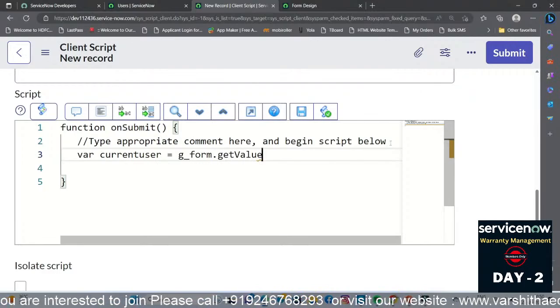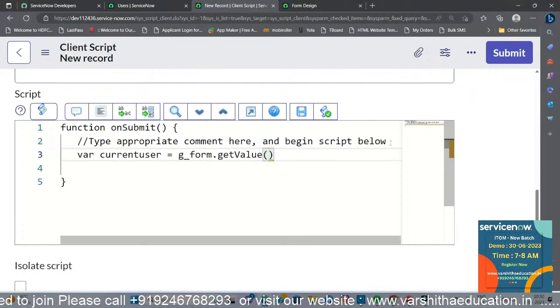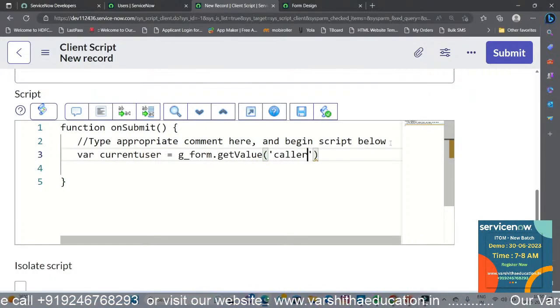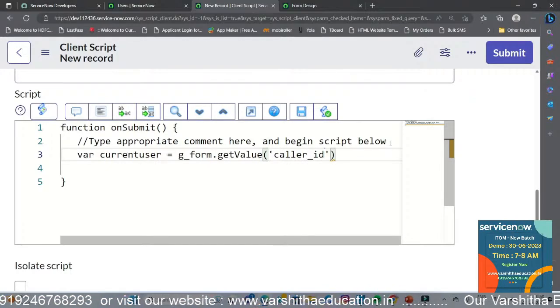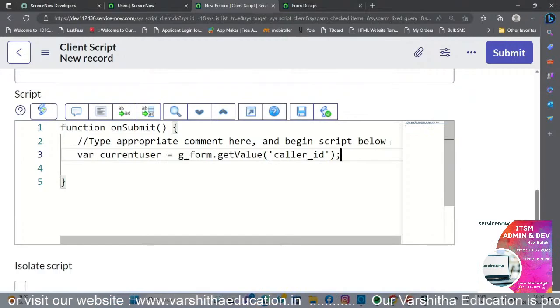So var current user is equal to g_form.getValue. And in that getValue, what are we going to give? So where are we going to get the data? We are going to get the data from the caller field, caller_id. So this is the field backend name. Caller field backend name. Okay. Then find